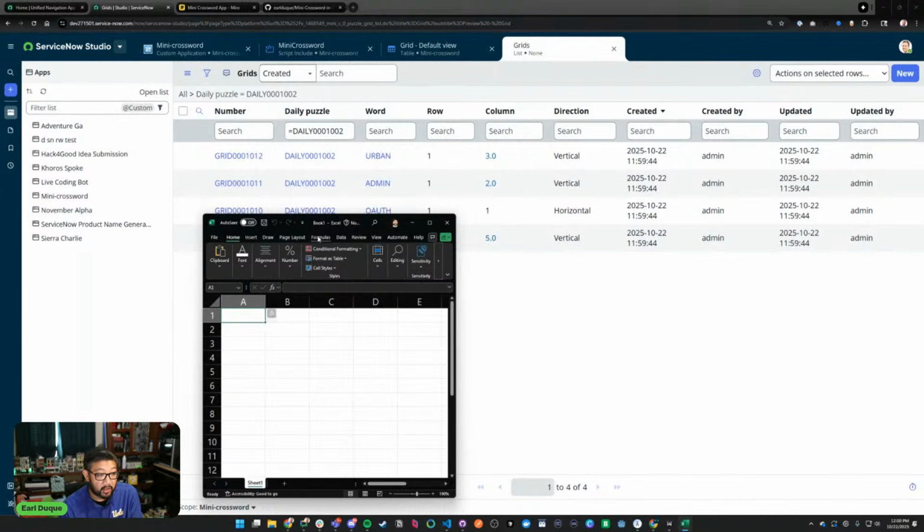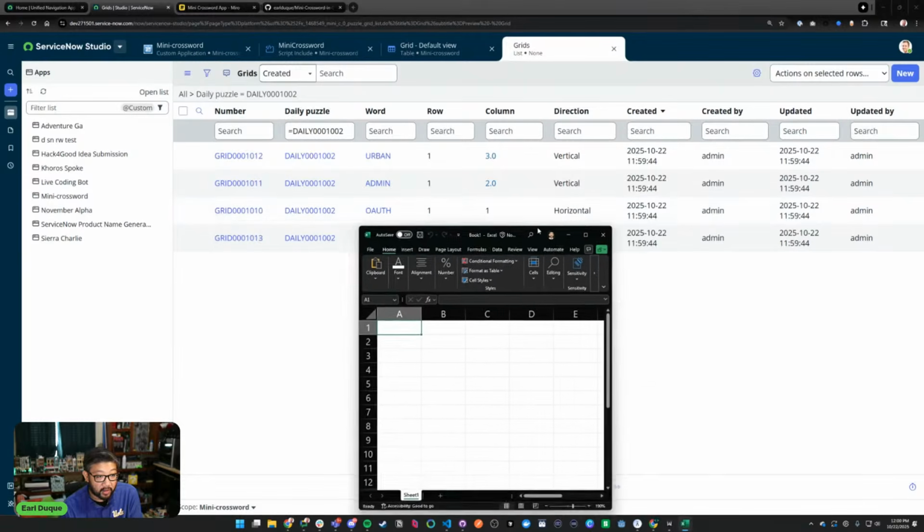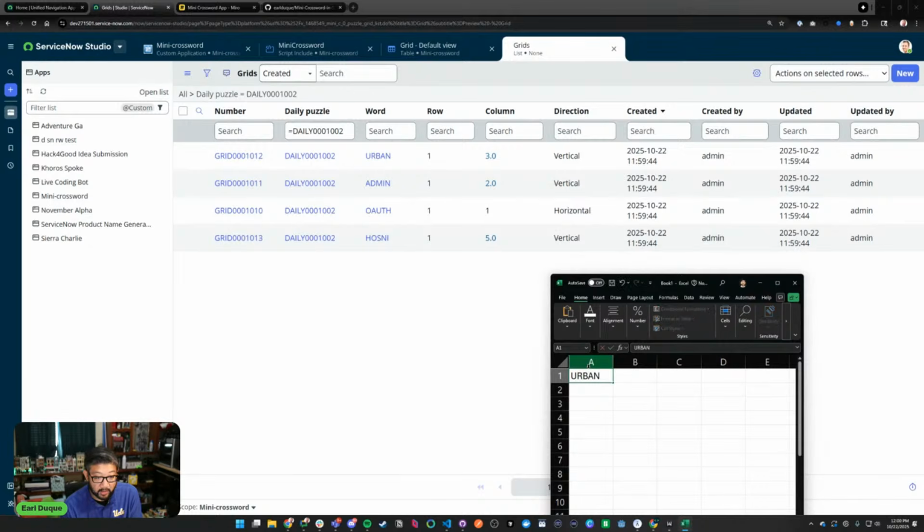All right, so in row 1, column 1, we have urban. In row 1, column 2. Wait, that's his vertical. So urban. Oh my gosh, I can't type. Row 1, column 2, and that's column 3. What on earth? What order did it do this in? Column 2 is admin. Horizontal is OAuth at the top. And then,